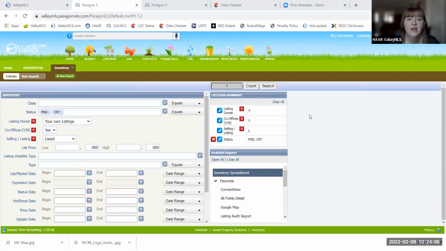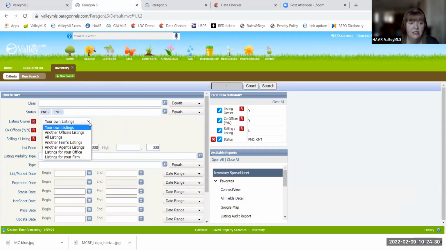Thank you so much. Okay, so back to inventory search. I'm going to suggest here that if you have an office that has pending or contingent listings and you are trying to keep track of those, this is a great way to do that. You'll notice for me, it does default here to your own listings. I only have one. It's just a test fake listing. Obviously, I don't really have listings, but for me, I can change this to a bunch of things.